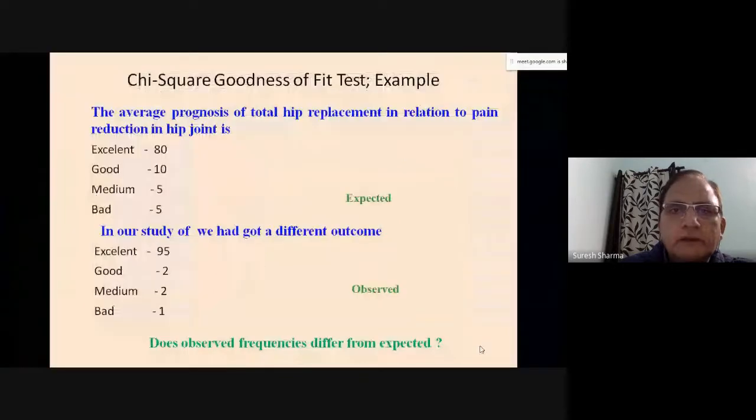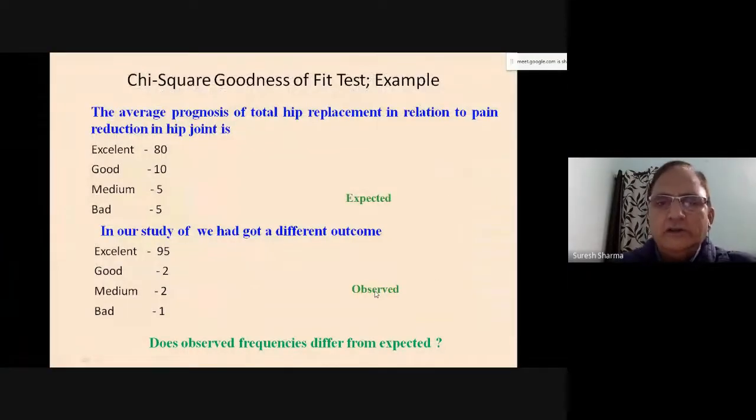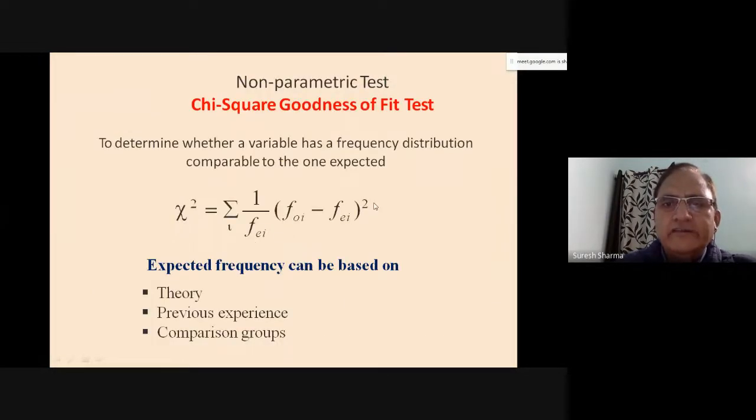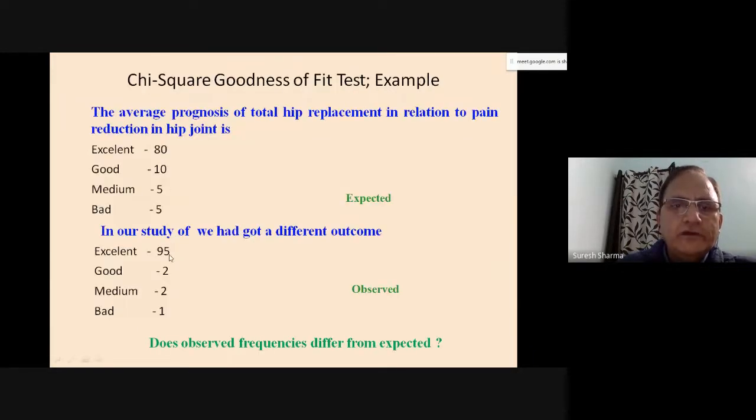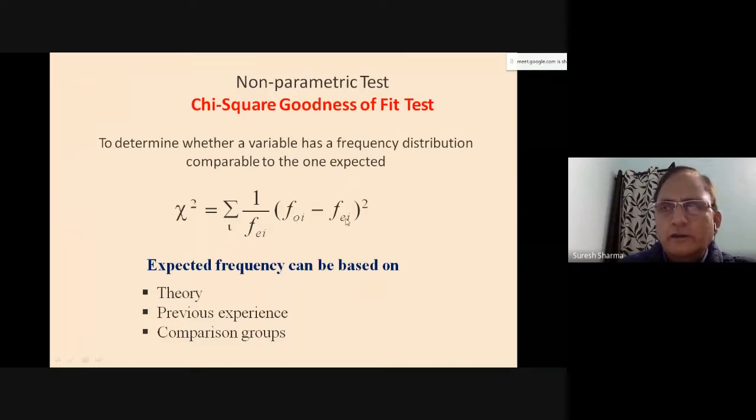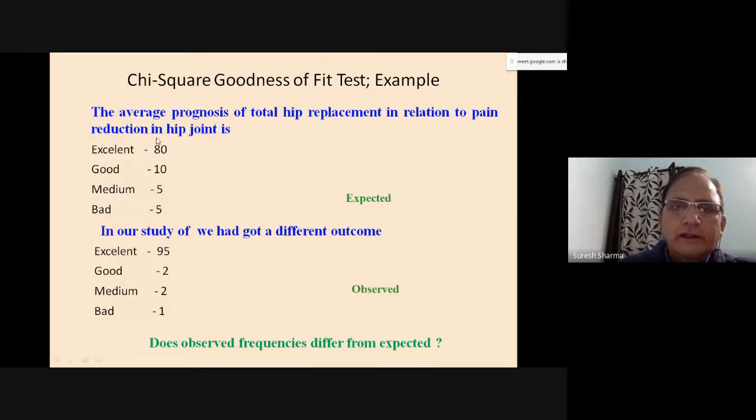So this is what the expected is. This is what the observed is. And this is how chi-square is computed: observed minus expected, squared, divided by expected, for all the 4 values. The first will be observed 95 minus 80. Square that quantity because this is what the formula is. 95 observed, expected is 80. So 95 minus 80, the result is 15. 15 square is 225. Divide by expected, which is your 80. So 225 divided by 80. That is the first value.